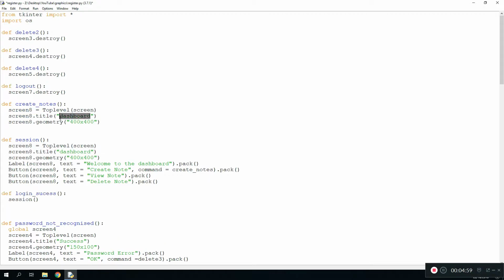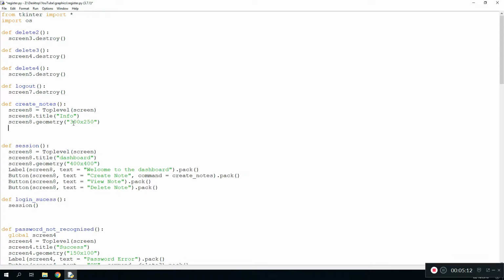So we're going to call this info, and then we're going to make it a bit smaller, probably 300 by 250. In this one, what we need to gather from the user is the name of the file so he can name his note, and obviously the content that is going to sit in the file. For that, we need to have a label. You need to change this to a 9 so that we don't rewrite again. So we do screen 9 comma